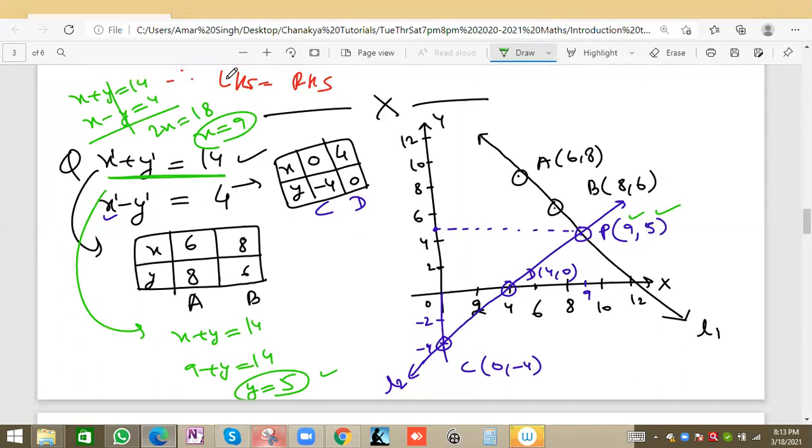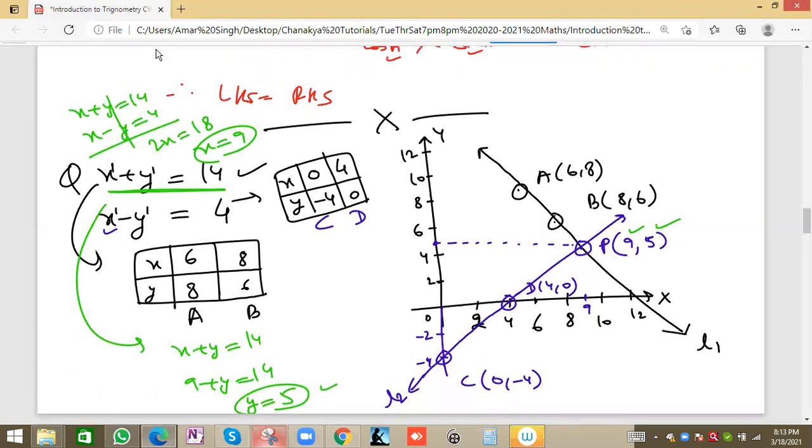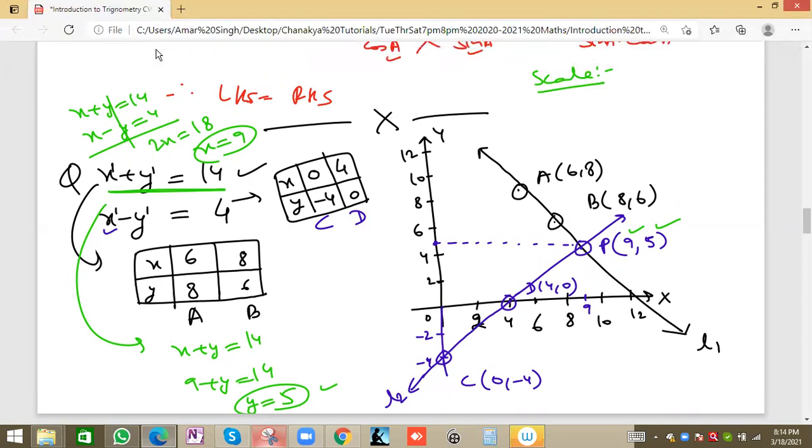Coordinates can also be decimals, but normally we solve on graph paper. We have graph paper in practical notebooks also. Secondly, if you are not using graph paper, then with the help of a scale we have to plot, with 1 centimeter as 1 unit. If you are using a normal page, we can write the scale. In exams also we can use the same answer sheet and write the scale, because graph paper will be provided for the construction chapter in boards also. So on a normal sheet, the same answer sheet, we can plot this and write the scale.